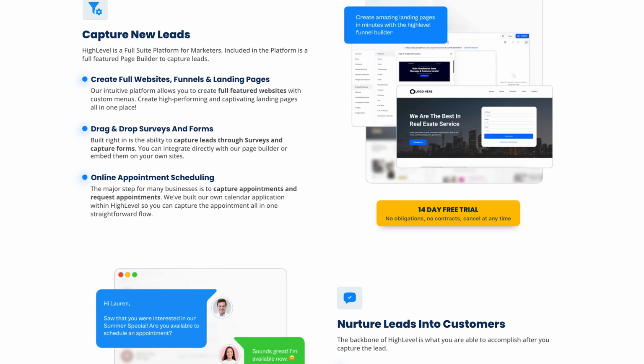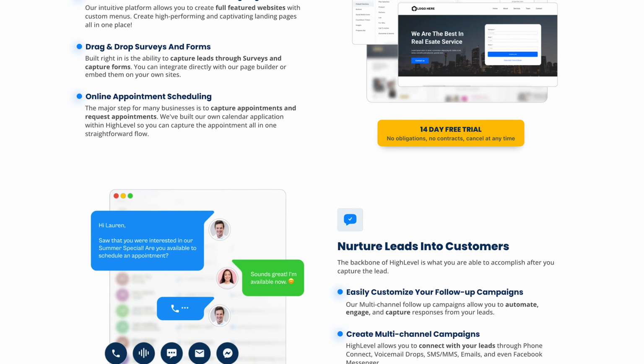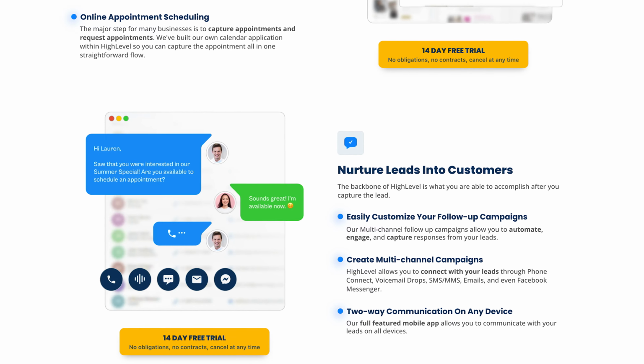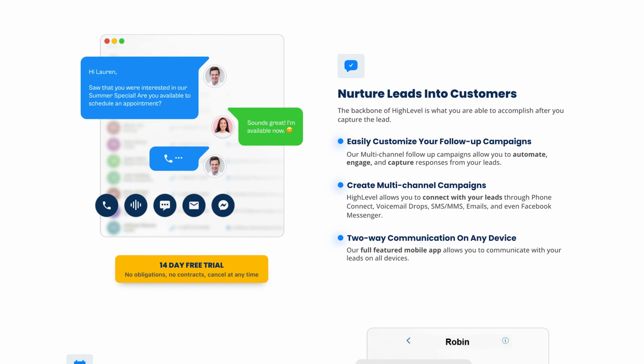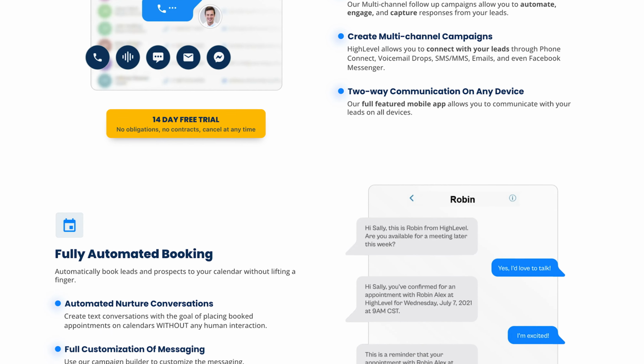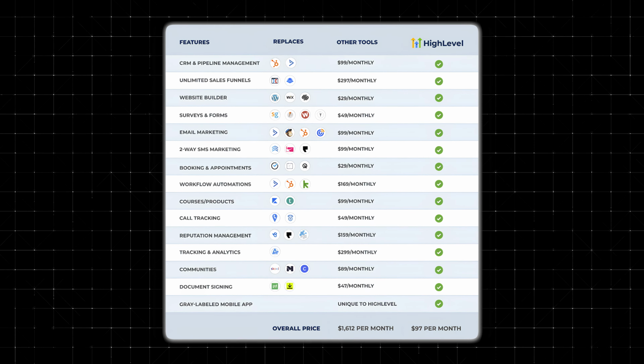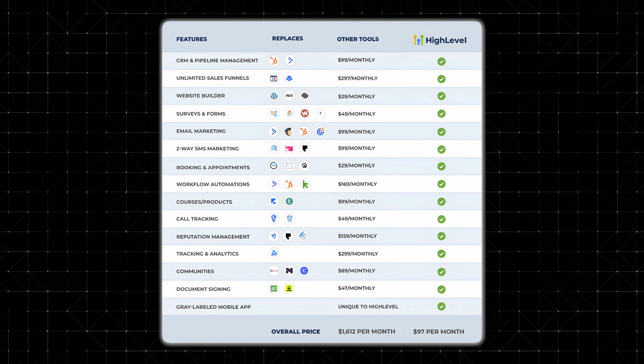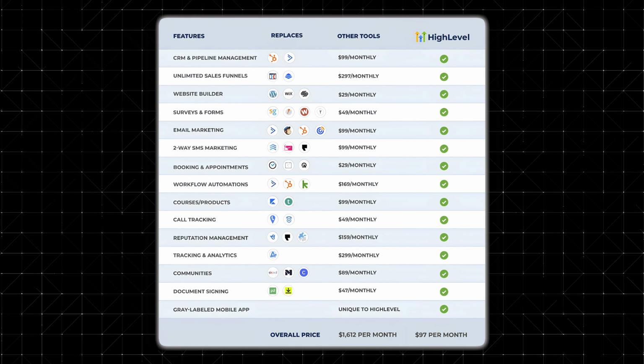With GoHighLevel, you can build your website, create sales funnels, set up a full calendar system with automated bookings, collect leads with forms, run email and text campaigns, track your sales pipeline, even host full courses or client memberships. Instead of trying to stitch together something like Wix, Calendly, MailChimp, Google Sheets, and Kajabi, GoHighLevel just brings it all